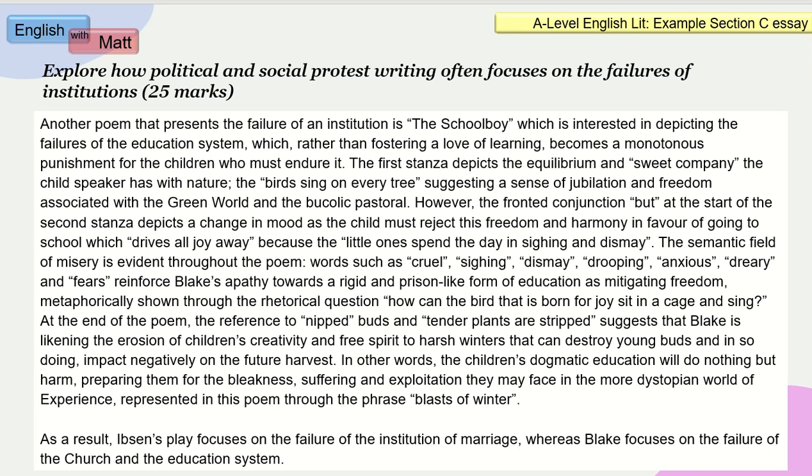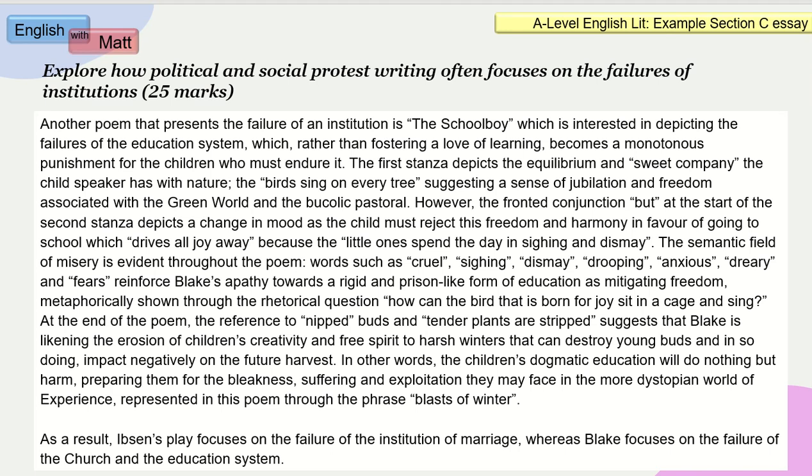write it. The number of poems is down to you. You might want to talk about 1 poem, 2 poems, 3 poems. By the time you get to 4 poems, I would suggest you're pushing your luck in terms of time. So don't bite off more than you can chew. Okay. Notice as well that I'm being very selective in terms of what bits of the poems I'm talking about. There is no obligation to talk about every single stanza, every single quote. You're not going from top to bottom of the poem, because that's sometimes unnecessary and it wastes time. You're choosing the bits of the texts that you think best fit the question, because you are discussing the question using the texts as a support, really, to do so.